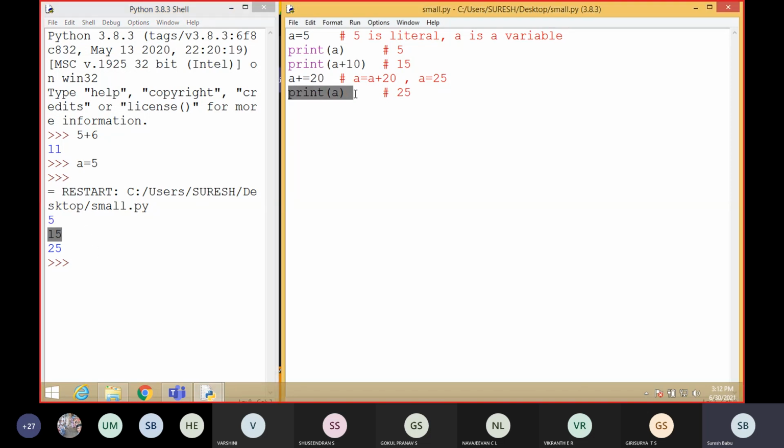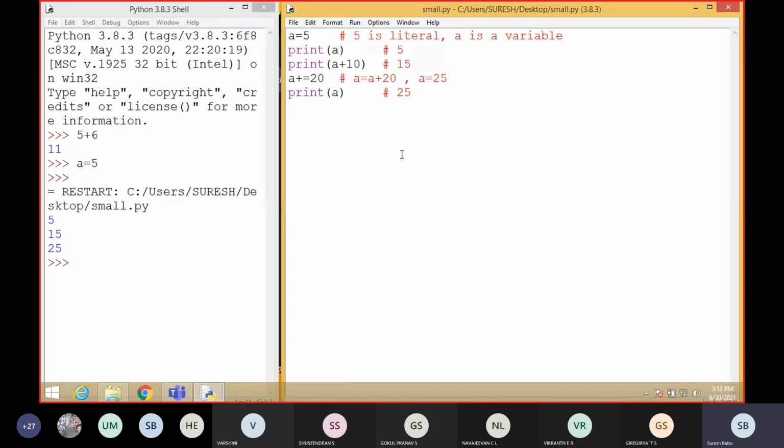Then the last print a, that is the updated value, gives 25. Understood everyone? Students? Yes, sir. So you know about the print statement. This is used to show the result, to display the output on this screen.